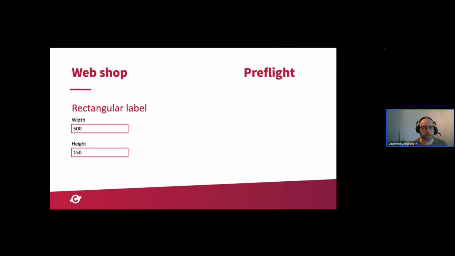You can not only do pre-flight, but you have this concept of variables. And variables allow you to make a link between the data that comes, for example, from a web shop and the actual pre-flight process, as you see here. So if I have a website where I can upload a PDF document and that features a width and a height